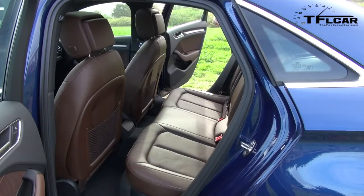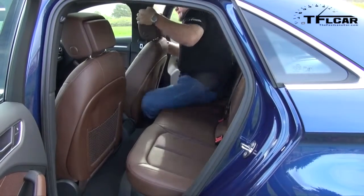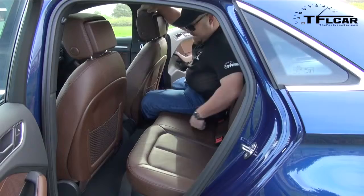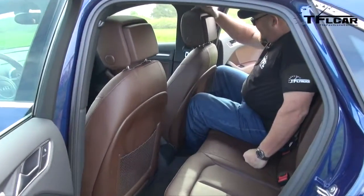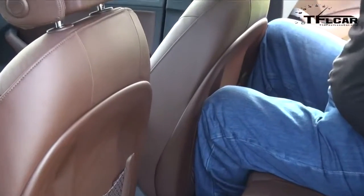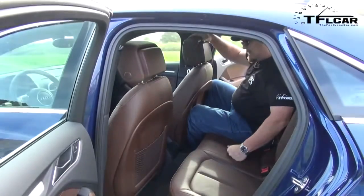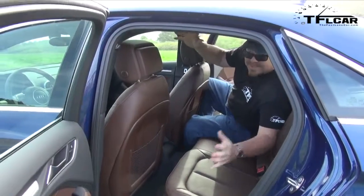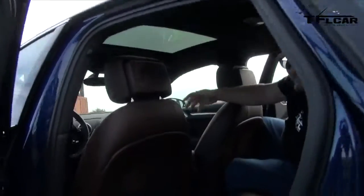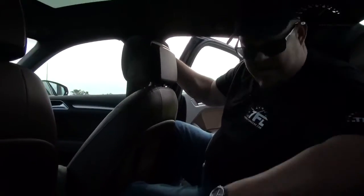All right, this is a smaller Audi. So, Roman was sitting in the front here. He's 6'2", 6'3" with the hair, and I'm going to try to sit behind him. Okay, it's tight, very tight if you have a large adult in the front. The headroom is, well, a little on the small side too. So I'm above average size-wise. I would say that if you have an average size adult fitting in the back here, no problem. Large adults behind, it's not going to work too terribly well, but there is at least a seatbelt for somebody